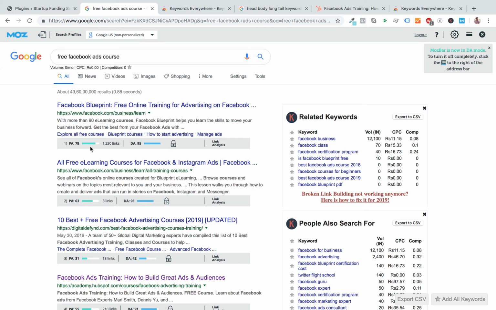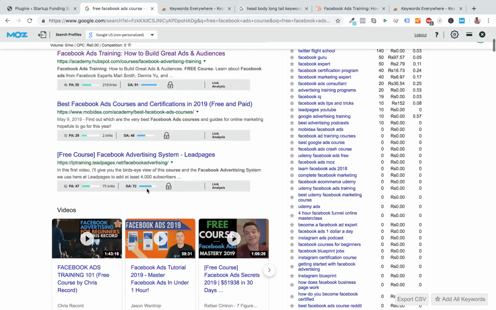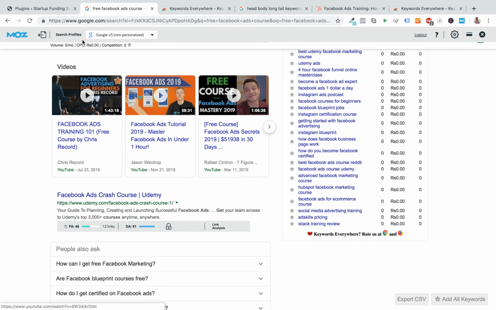This means that 78 backlinks are there to this particular page. 63 backlinks to this particular page, but this one has 29 backlinks. Maybe if I work hard, I can actually compete and beat this particular page. If I get like 40 odd backlinks, I would... sorry, this has two backlinks. So if I compete hard and work on this, I can easily beat these backlinks. And this guy is competing for best Facebook ads courses and certifications, right? There's a list of courses, so I can actually provide better value here. So I would be competing on those kinds of long tail keywords.